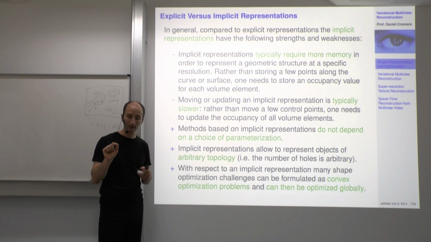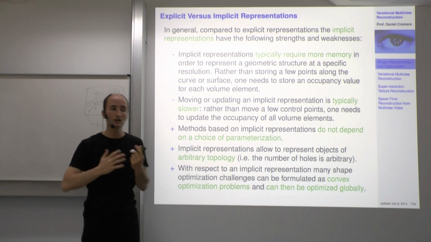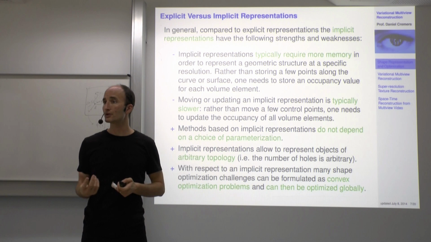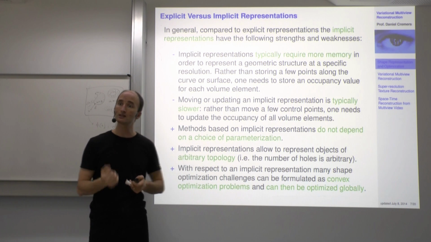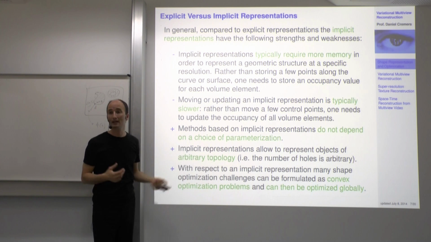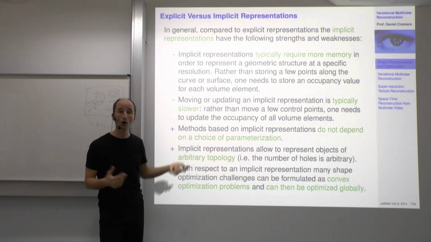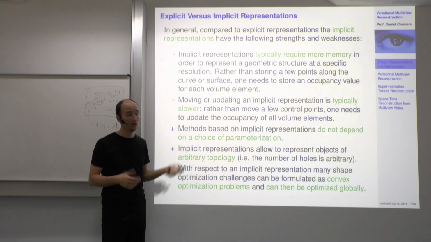So rather than representing a surface in R3 as a 2D object, you represent the 3D volume, so you have a three-dimensional space to store in memory and to update over time. And so, of course, there are efficient techniques like octrees, etc., to do so,